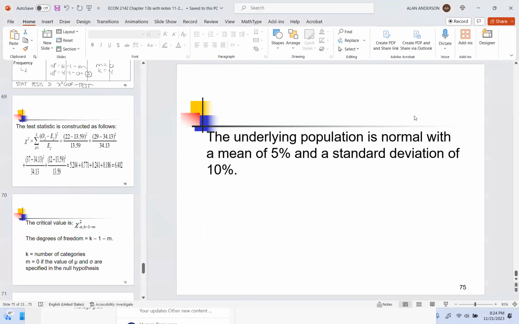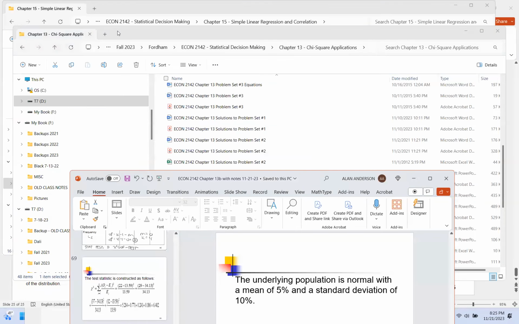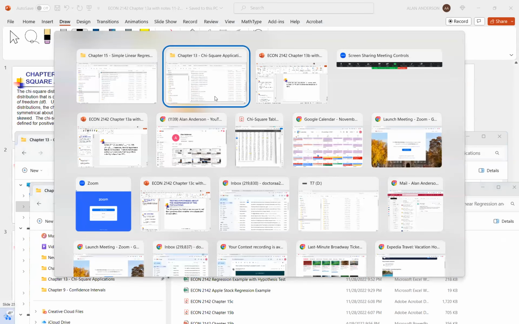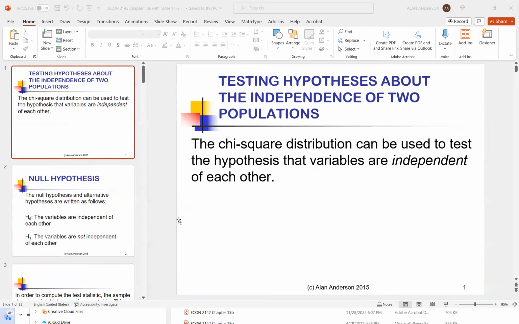Oh, they're here somewhere. There it is. All right, so this time we're going to be testing hypotheses about the independence of variables in